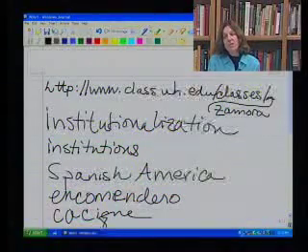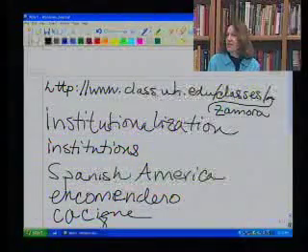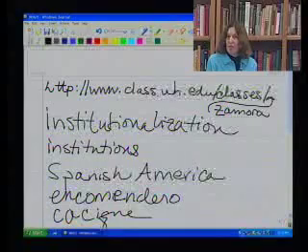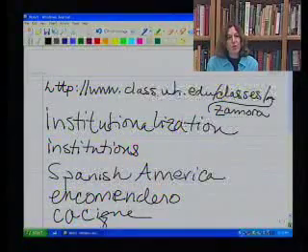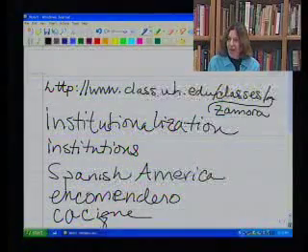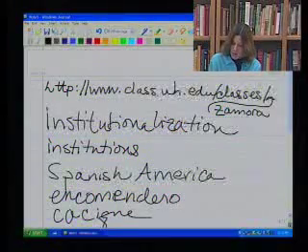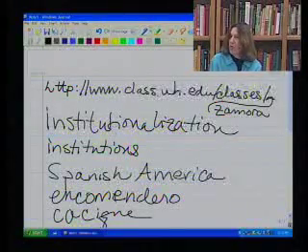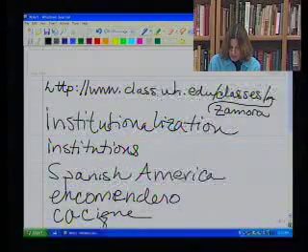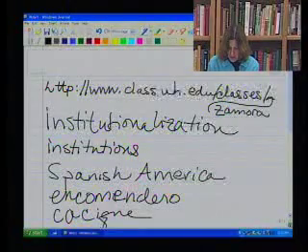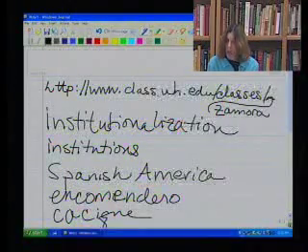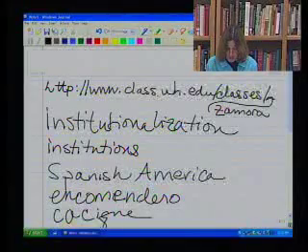And the Crown was suspicious of it because, as I said about slavery and the problem of alternative sources of power and control, the Crown was suspicious that encomenderos wanted to become a kind of New World nobility or aristocracy,